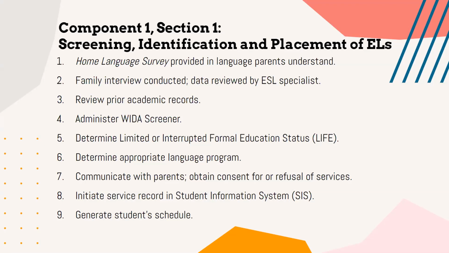So again, the important piece here is that there is a process in place, and it looks something like this. You probably know some of this. The students are given a home language survey to take home. It has to be provided in a language parents understand. That form comes back, and based on what that form says, the next step is taken. The family is contacted for an informal interview. Then we review their academic records from their home country or from another state if they're available. We administer the WIDA screener if it's determined that that's the right next step, and you can see the rest